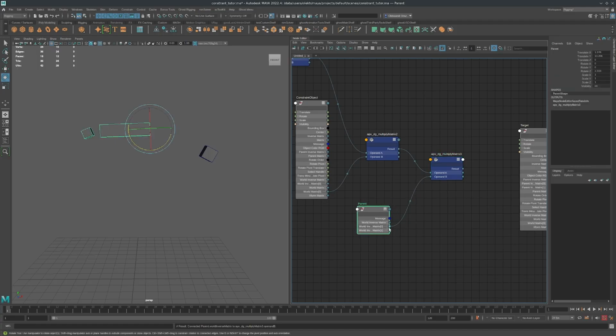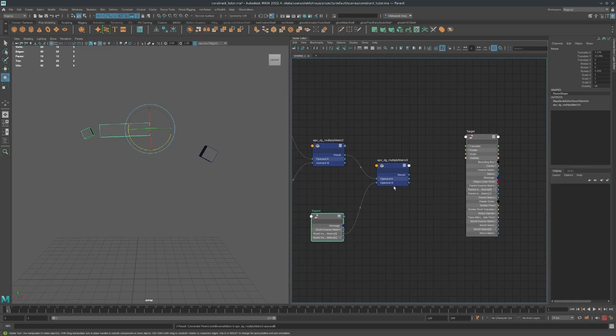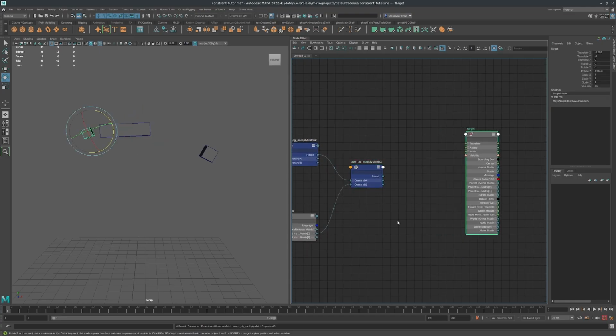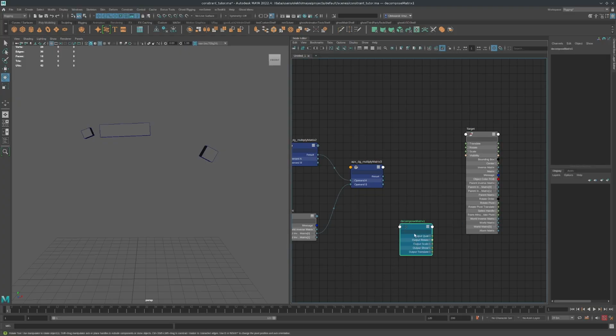So that's exactly the same parent inverse that we have in the standard parent constraint. And now we can decompose our result